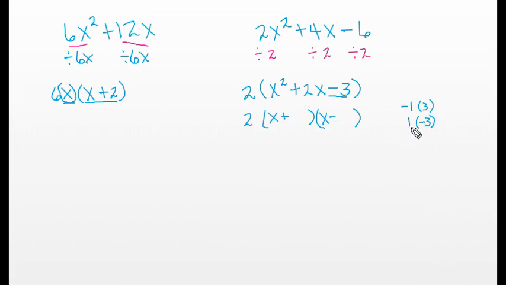I'm looking for the factors that would also add up to positive 2. So I know that if I add negative 1 plus 3, that equals positive 2. 1 plus negative 3 would give me a negative 2. So it can't be this pair, it has to be this pair. So it's going to be x minus 1 and x plus 3. And if we look at that in terms of our model, we have 1x squared, we have 2 x's,